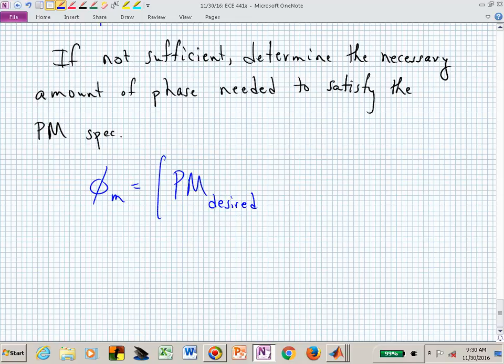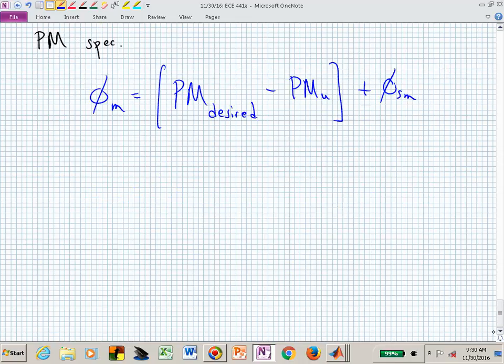Maybe they say, I want a 50-degree phase margin, and maybe your uncompensated phase margin was 20, then you need 30 more. But because of what we know happens with respect to the angle of our controller, let's introduce a little bit of a safety margin. So in addition to maybe this 30 degrees, we up that and say, let's add in 35 degrees because we know that our controller is going to actually not quite be done with contributing phase at the crossover frequency. So phi sub SM is a safety margin